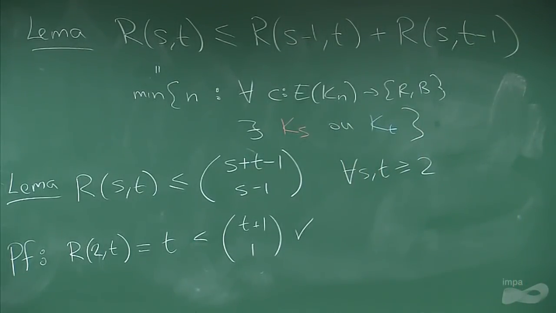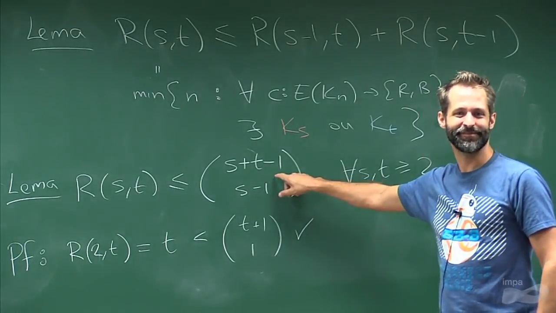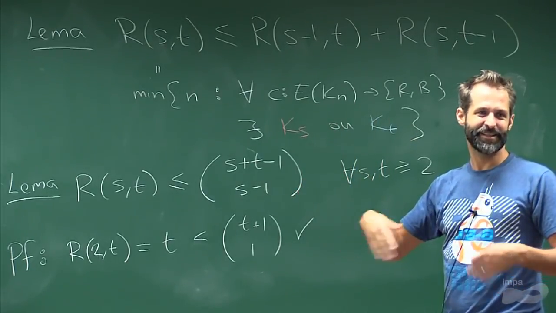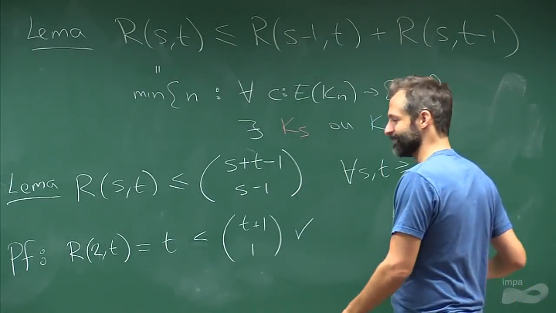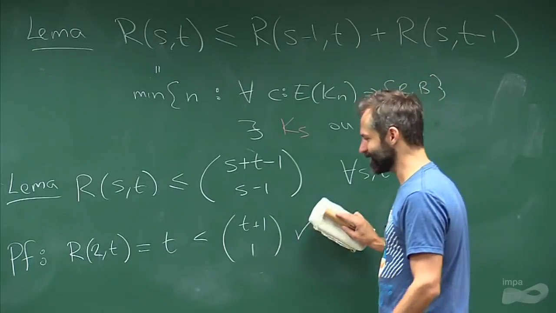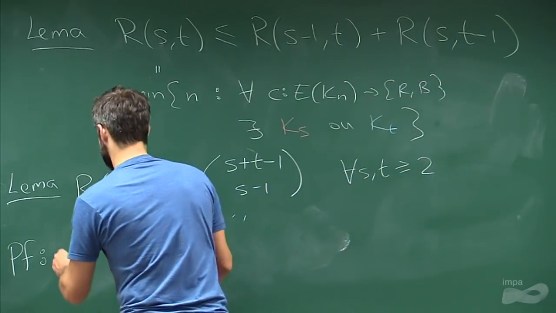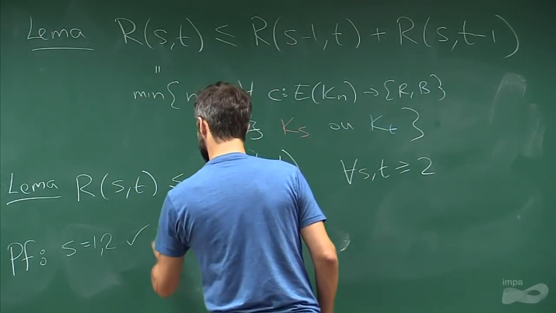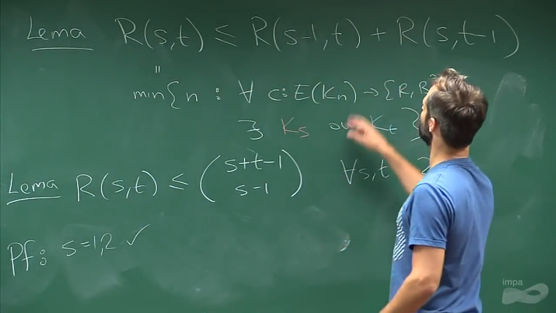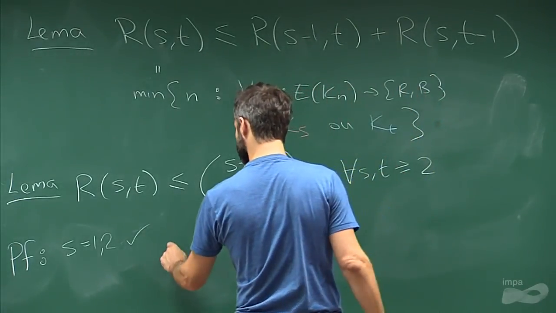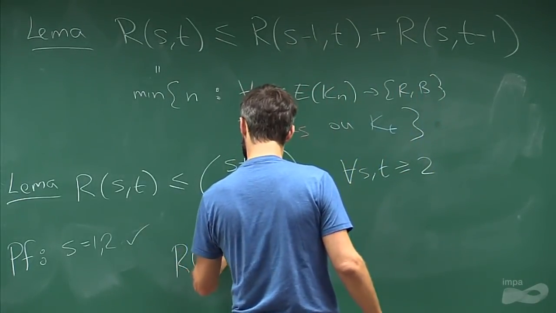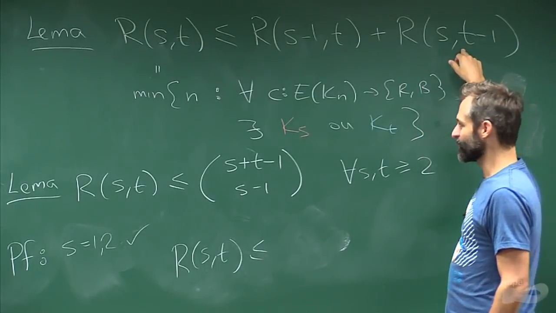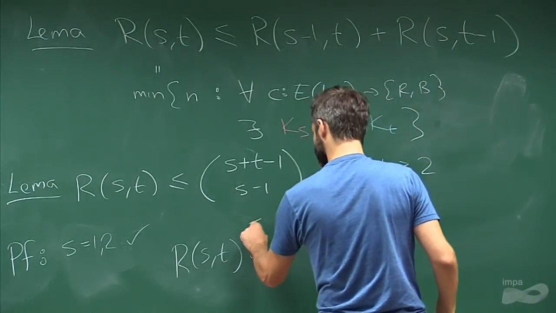Right, (t+1 choose 1) is this guy with s equal 2. Okay, so it's true for s equals 1, it's true for s equals 2. Okay, let's do induction. Just checking the definition. So s equals 1, 2 is okay. What about the induction step? Well, R(s,t) is at most this plus this, right? Which by induction,